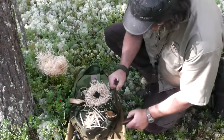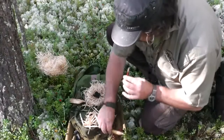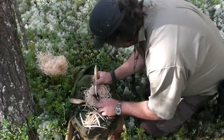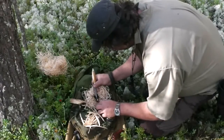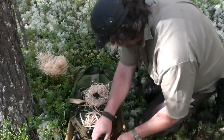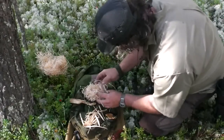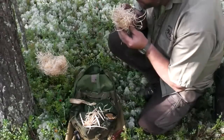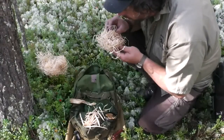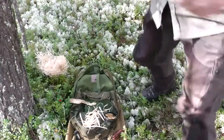Yeah, you see it's smoking now. Really good. Let's try to get that out there. It is smoking. Yeah, and now actually set fire to the